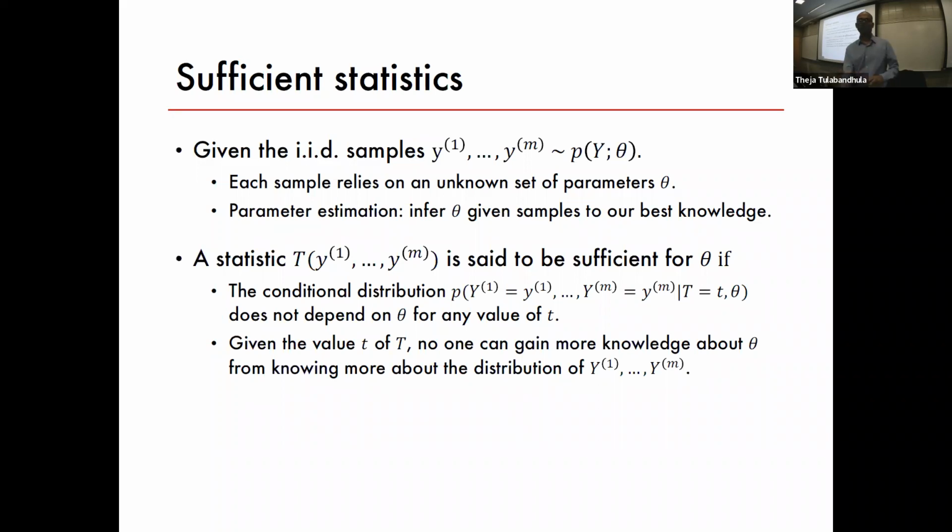That does tell us something about the distribution of these guys, because these cannot be arbitrary numbers anymore. These random variables have to be such that they sum up to, for example, 100 units. It depends on the statistic, but if you're using some statistic, telling you about t does change the conditional distribution of these guys. So it's not that t is independent of these, but I don't want to confuse the rest of the class.